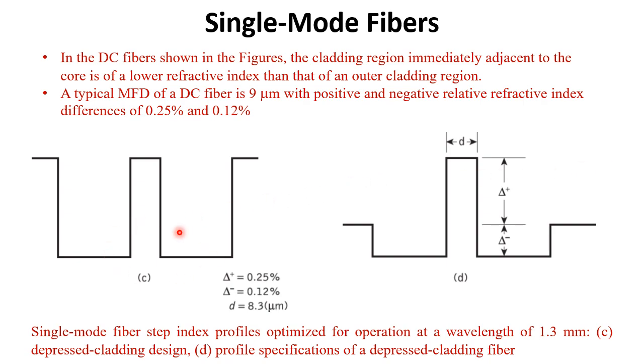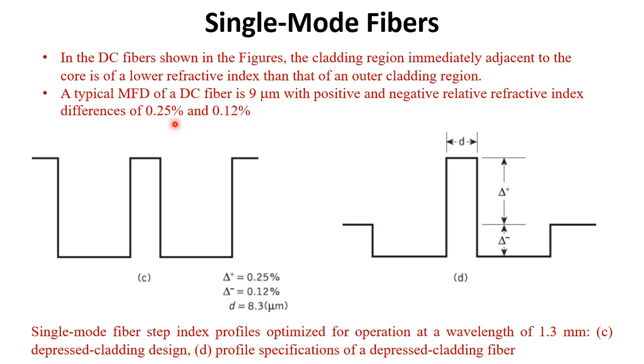Now this is another kind of profile, the depressed cladding design and profile specification for depressed cladding fiber. In these depressed cladding fibers, the cladding region immediately adjacent to the core is of a lower refractive index than that of the outer cladding region. A typical MFD of a DC fiber is 9 micrometer with positive and negative relative refractive index differences